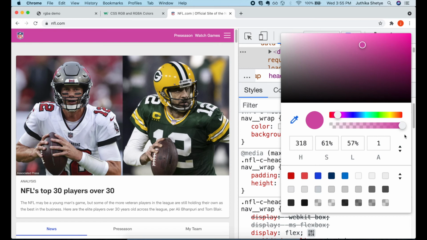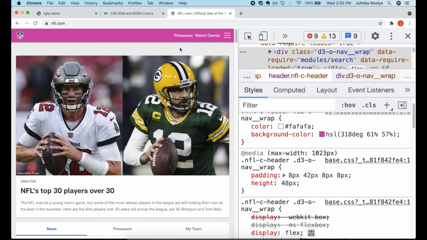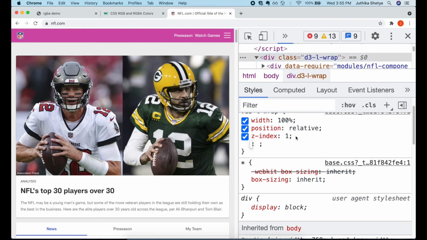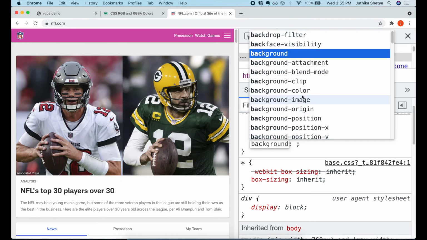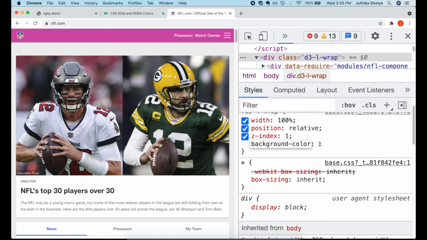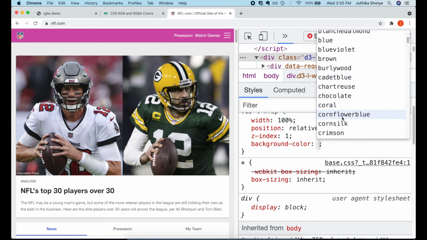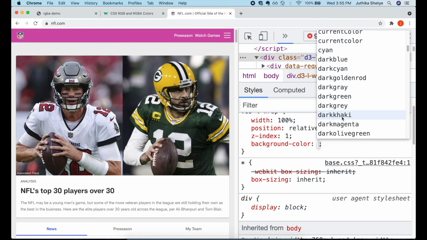I can even go ahead and add color to other elements. For example, let's add a background color here. And as you can see, they have the actual color names, because it's very unlikely that if you were to scroll through the different hexadecimal values, you have any idea what it's talking about.